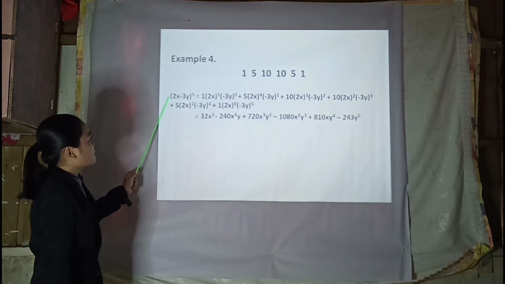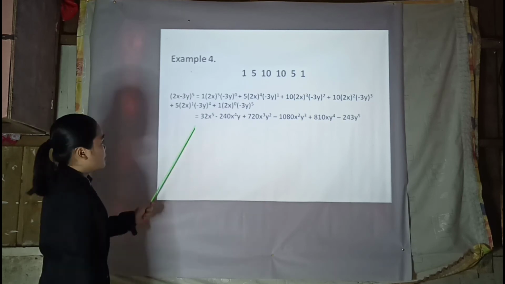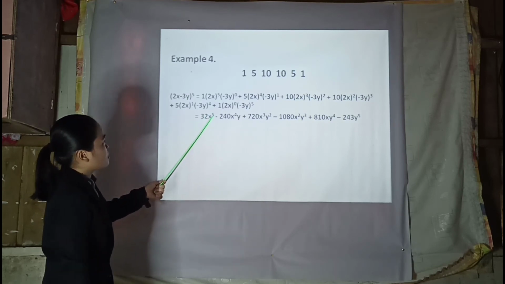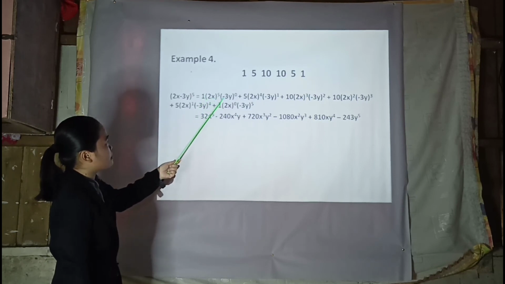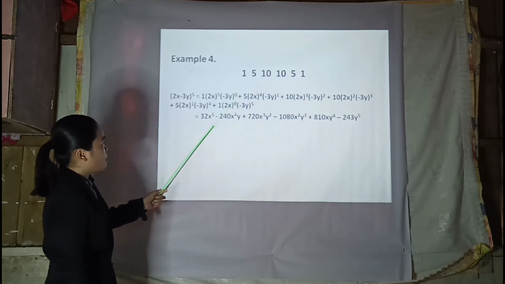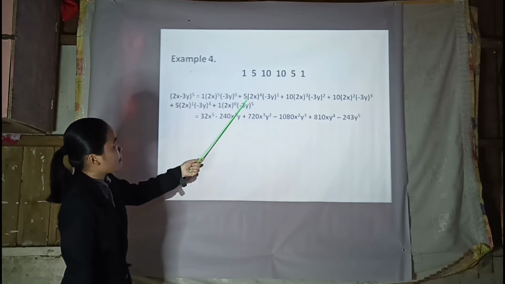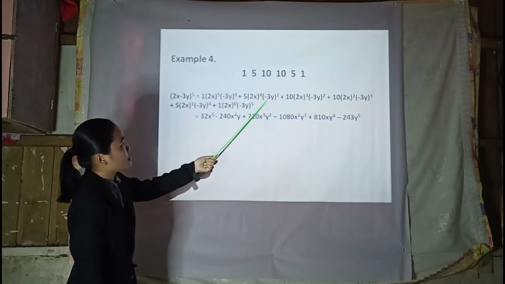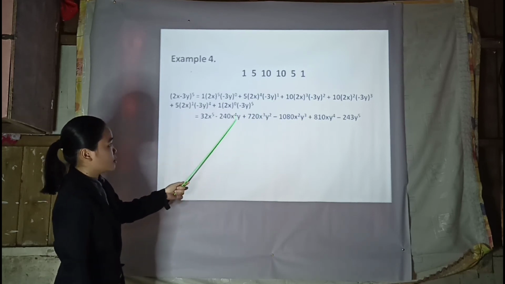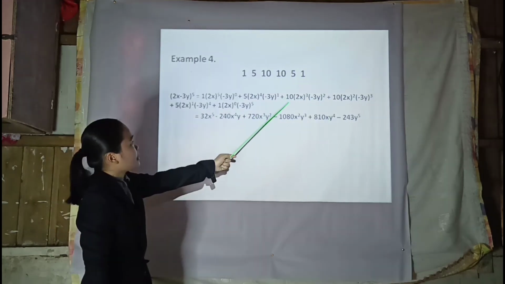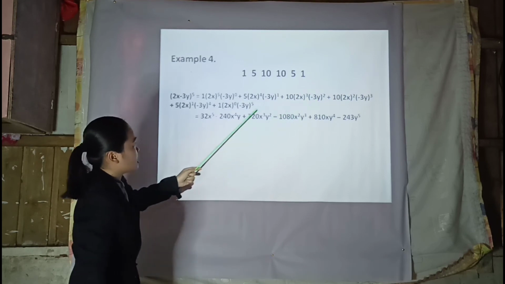So, the final answer for this given expression 2x minus 3y raised to 5 is equal to 32x raised to 5, which is the product of 1 times 2x raised to 5 times negative 3y raised to 0, minus 240x raised to 4y. Why? Because 5 times 2x raised to 4 times negative 3y raised to 1 is equal to negative 240x raised to 4y, plus 10 times 2x cubed times negative 3y squared is equal to